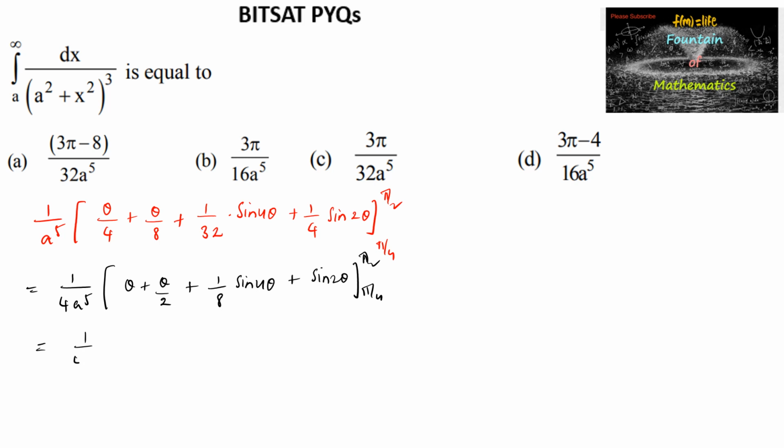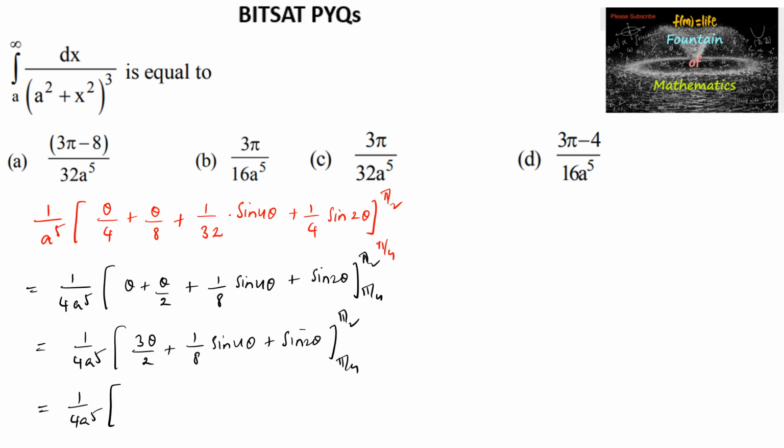So which is 1 upon 4 a to the power 5 times (theta plus theta by 2, that is 3 theta by 2, plus 1 upon 8 sin 4 theta plus sin 2 theta) over the limits pi by 4 to pi by 2, which is equal to 1 upon 4 a power 5